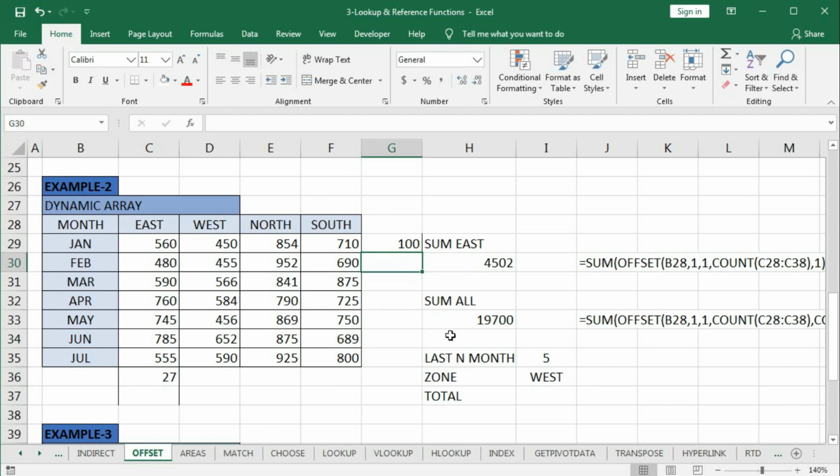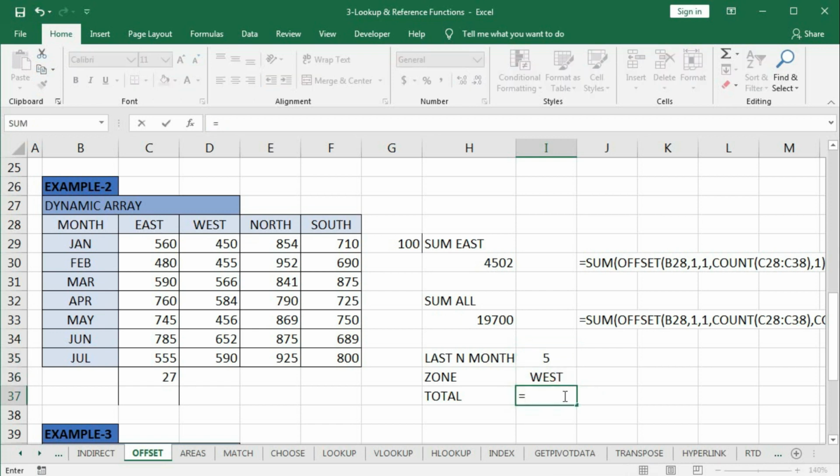Now if I want to add the last 2 months or 3 months or 4 months, we want to add these values. So here we will type last 2 value or 3 value or 4 value, and we will type here the region east, west, north, and based on these 2 values the total will be changing. So type here equal to sum